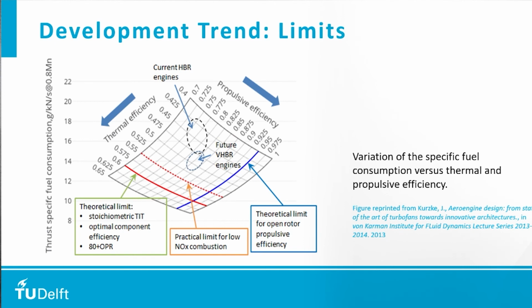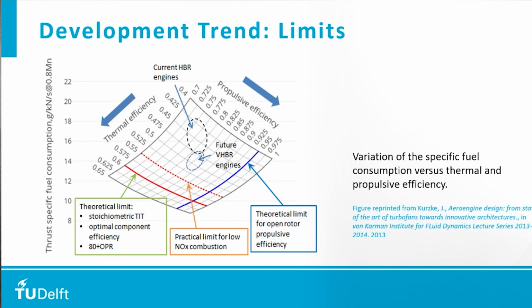This chart below shows you some of these trends. On the left-hand side, what you see is thermal efficiency. On the right-hand side, what you see is propulsive efficiency. Certainly, engines have increased both, and that's what you see in these circles. These circles are an indication of how engines have evolved. They have increased the propulsive efficiency because of the increase in bypass ratio. They have increased the thermal efficiency because of the increase in the pressure ratio, the temperature ratio and the component efficiencies. Right? But there are certain limits.